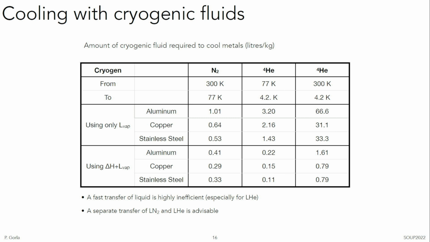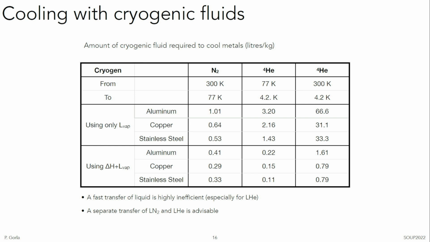This is a table of the estimate of how much cryogenic fluid, the most common cryogenic fluids are liquid nitrogen and liquid helium, you need if you want to cool something from room temperature to the nitrogen temperature, so 77 Kelvin, and then from 77 to 4.2, which is the liquid helium temperature. And then what about if you skip the nitrogen and you just use liquid helium to cool down from room temperature to 4 Kelvin? And what you see is that if you consider only the evaporation, the latent heat,